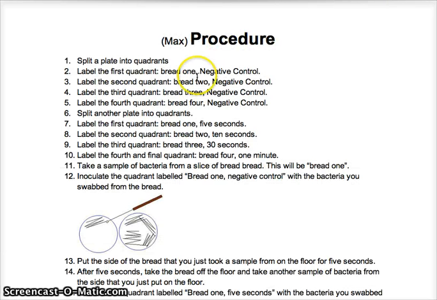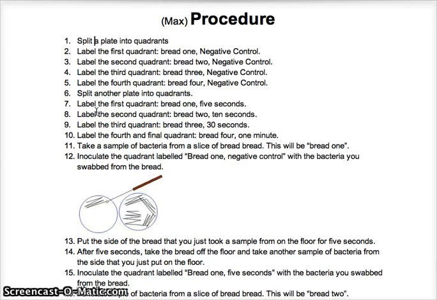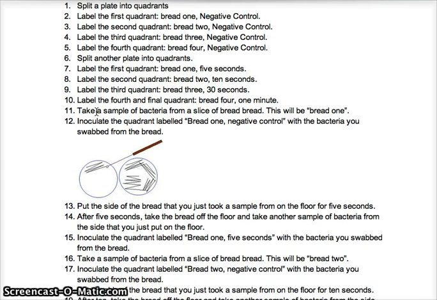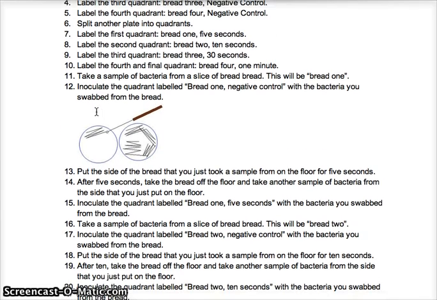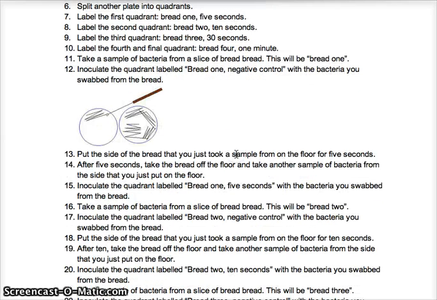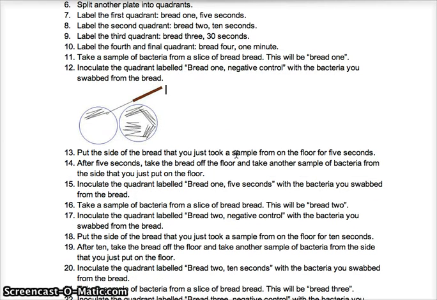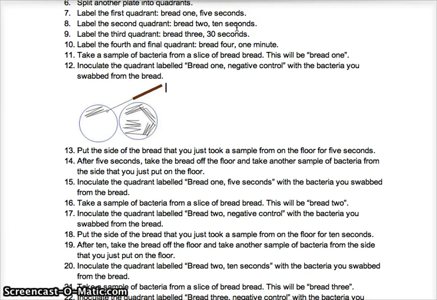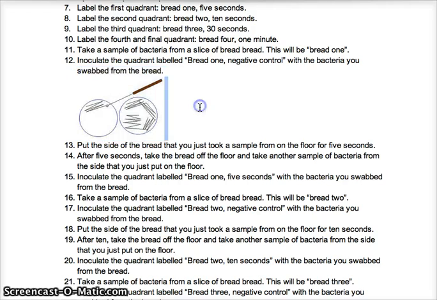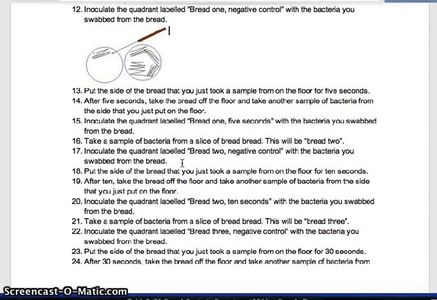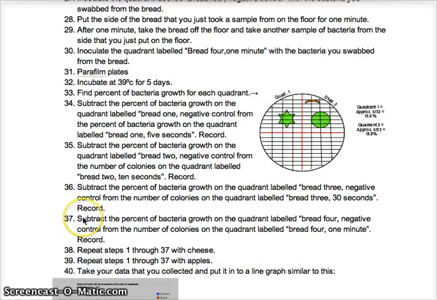This is our procedure. You split the plates into quadrants, and then you take a sample of the food before dropping it on the ground and inoculate it in the plate. After you drop a sample of food on the ground, leave it on the ground for the amount of time needed, and then you pick it up, inoculate it, and swipe it on the plate. After you have inoculated all the plates, cover them in parafilm to avoid contamination and put them in the incubator